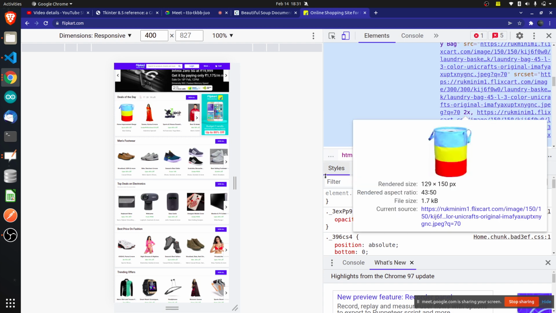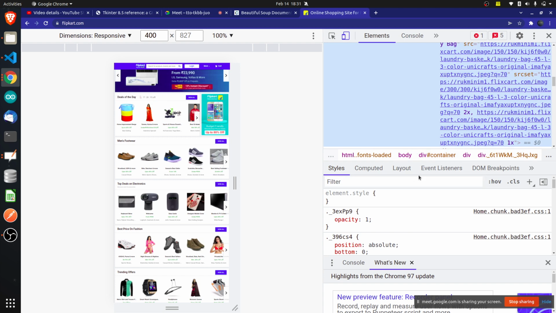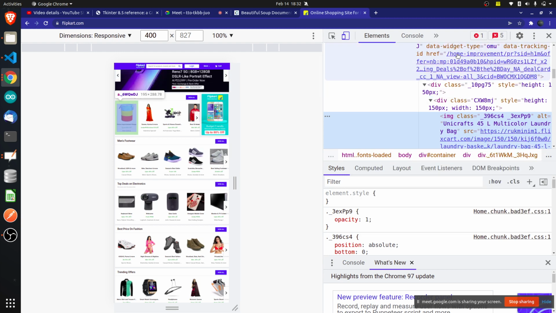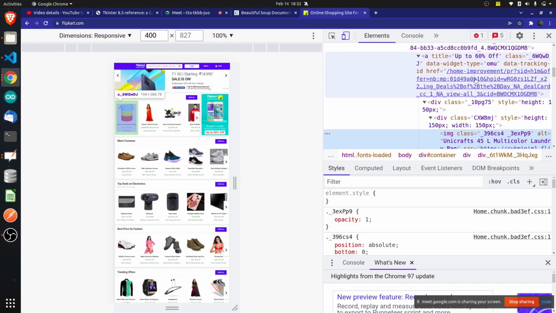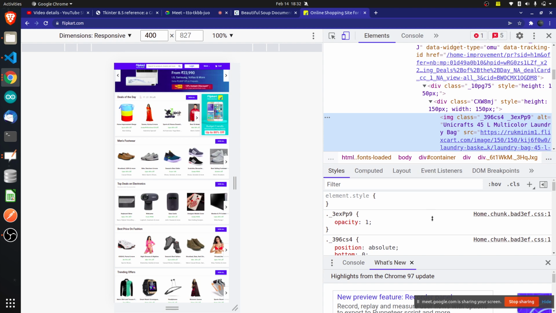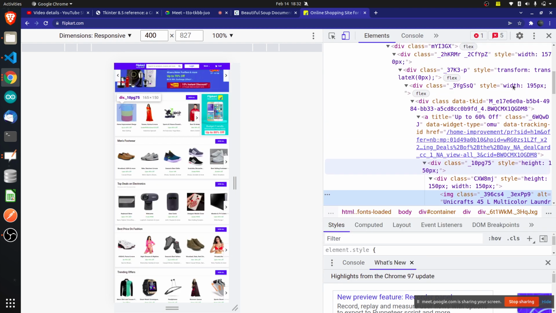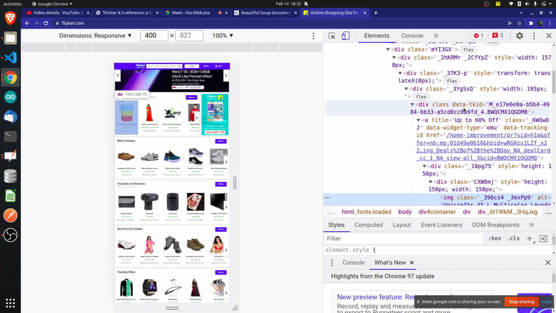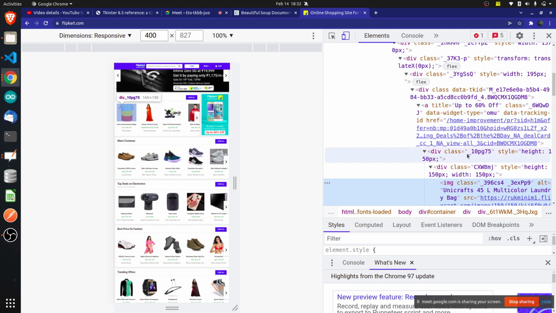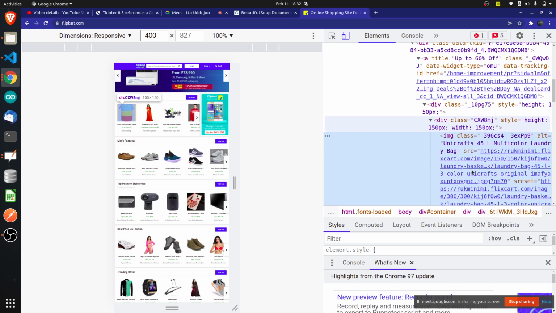Let's see. I want some more information. See here, if you just click on this tag, then the whole box is coming, right? Hover, see here, that box is coming. If I hover, that small box inside that is there. That is what it is saying. If you hover over there, inside that again one box is there. Hover over that, inside that again one box is there. And after that, inside that the image is there. That is what it is telling.